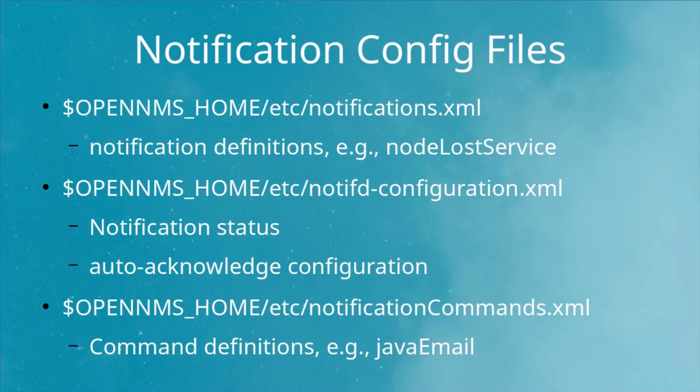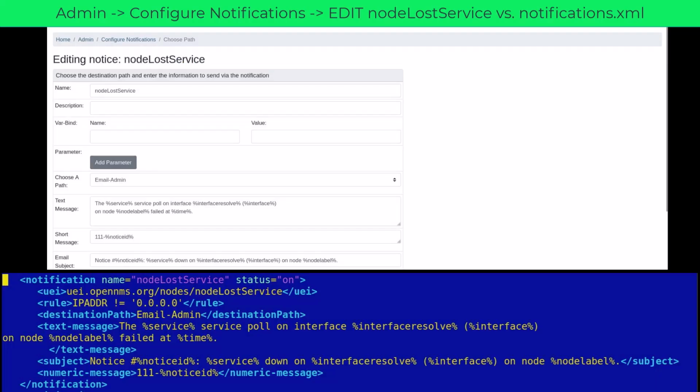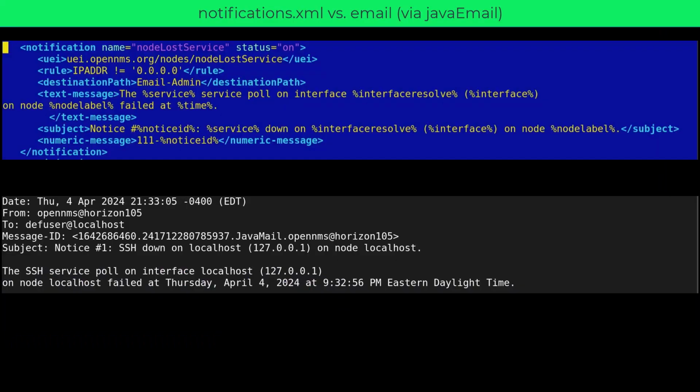This will be covered in explaining external commands. Comparing the GUI definition of node lost service with the file OpenNMS_home/etc/notifications.xml, one sees the matchups with the name, node lost service, the destination path, email-admin, the text message, and subject line message, including all the substitutions that can be used. And comparing the configuration with the received emails, the subject line matches to include making the appropriate substitutions for service,